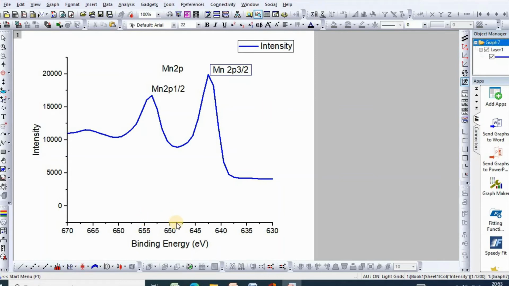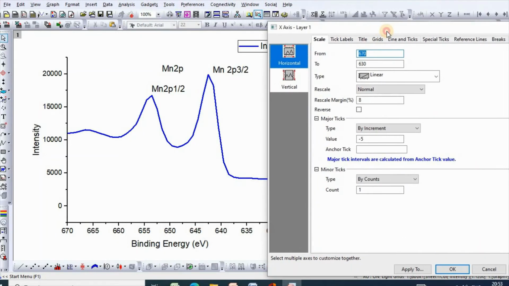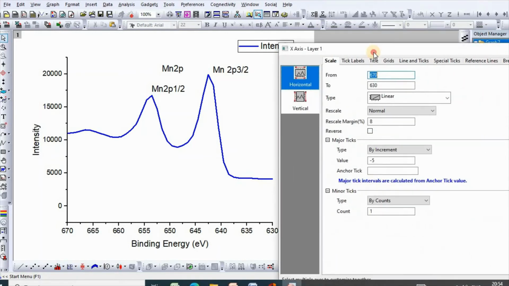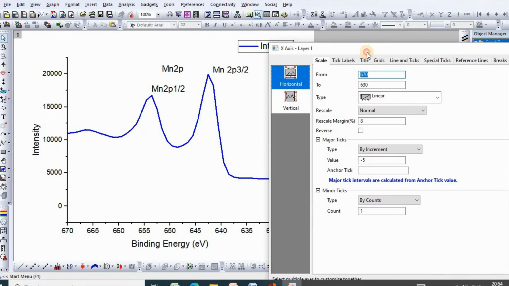For example, let's change it from 630 to 530.